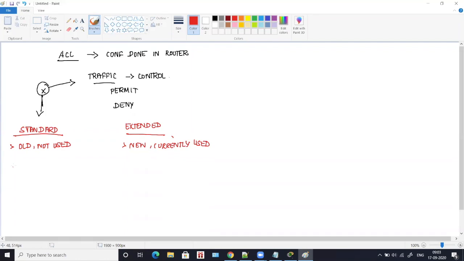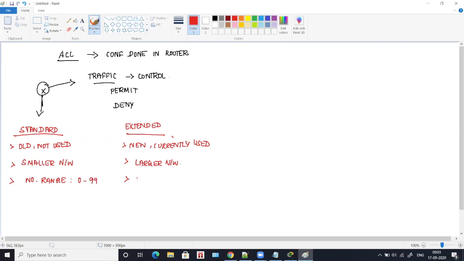Standard ACL can be configured for a smaller network only, whereas extended ACL can be configured for a larger network. And there is a number range to identify standard ACL, that is from 0 to 99.